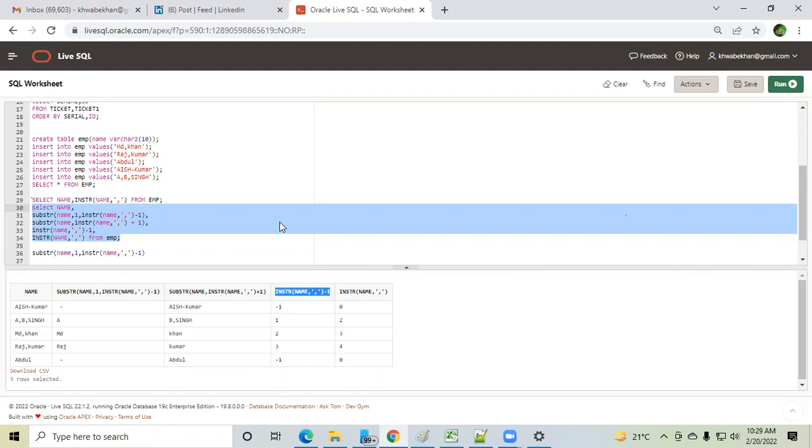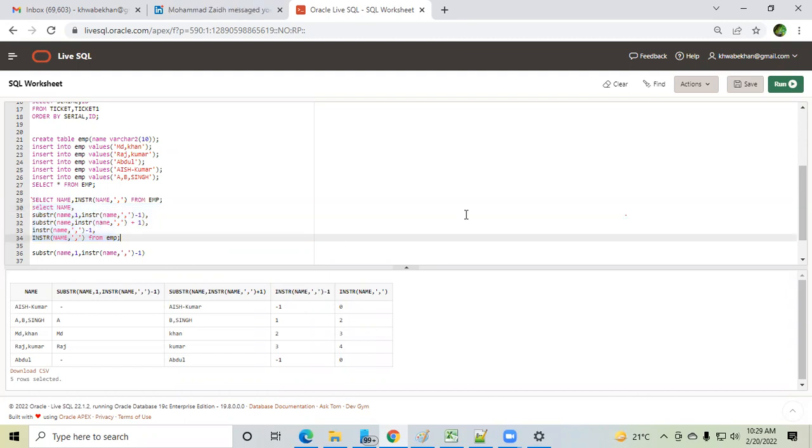Don't think about why I have done this. Just try to understand what the output is. Are you convinced with the output or not? Is this clear? Okay, perfect. So I think till here it is clear. Correct? Now